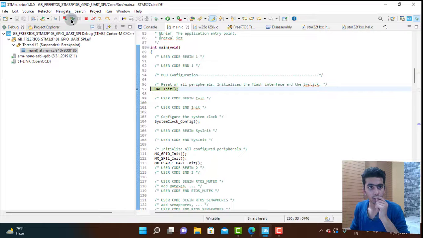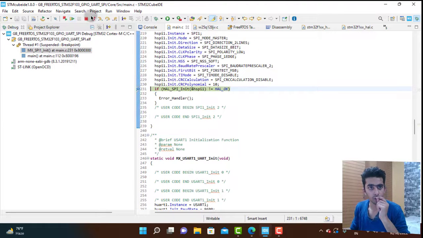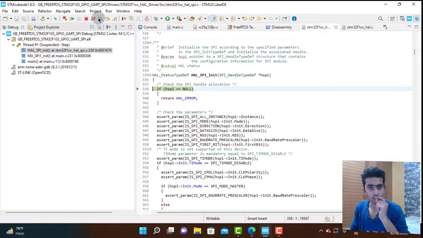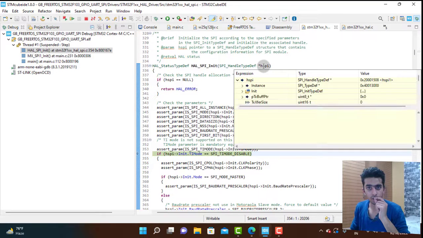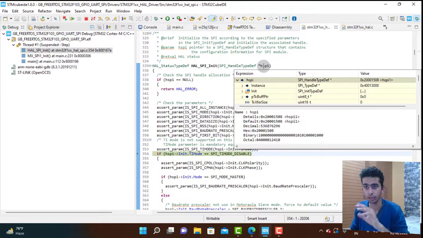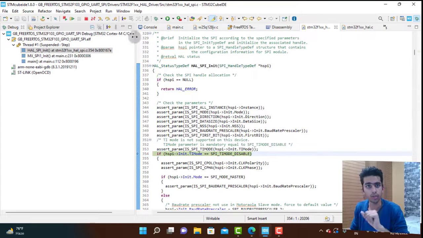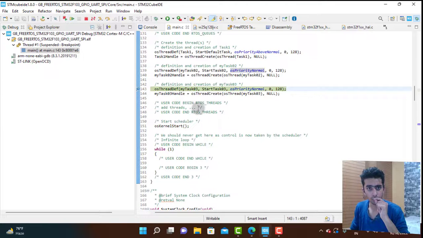So let's run our code, and it would be stopped first at SPI initialization, and you will see your HSPI address is 0x20000150. Okay, remember this. And now let's resume our code, and it will be stopped over here,